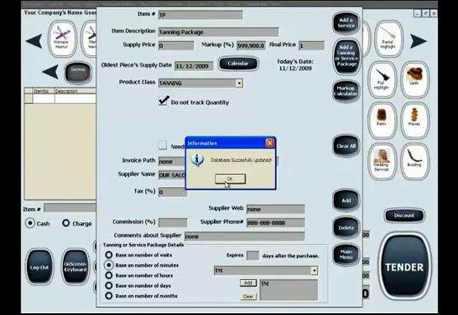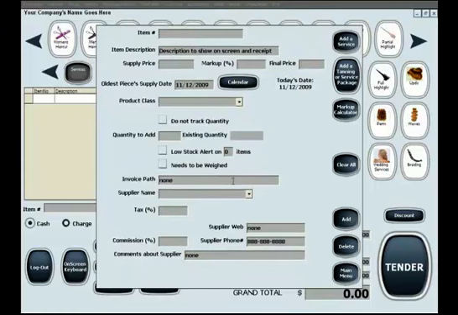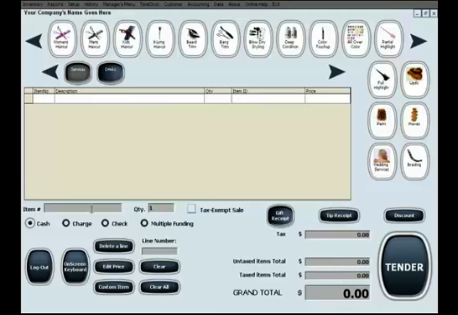Now that you have the package entered in inventory, you can sell it to the clients and use the package functions for your clients that have purchased the package, as they take advantage of the package when they frequent your business.